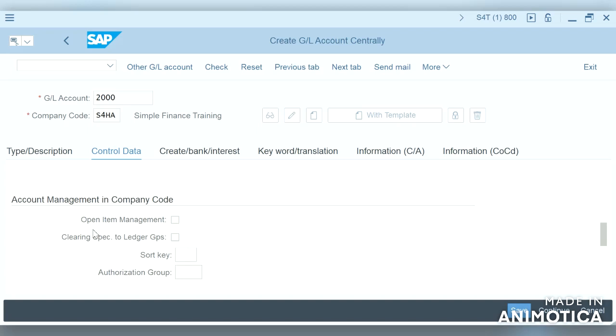So what about line item display? Why were we using line item display in ECC? The main purpose of line item display is to view the account in detail, of what line items are posted into that particular GL. So normally this checkbox will be ticked for the FBL3N report, which is nothing but the GL report.